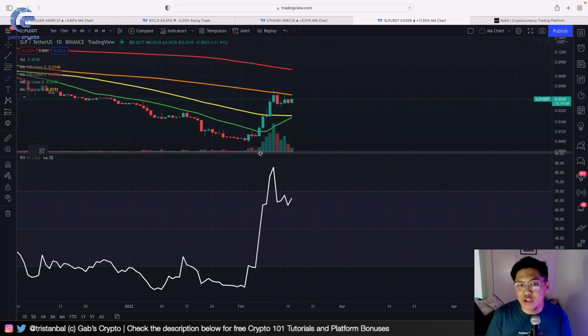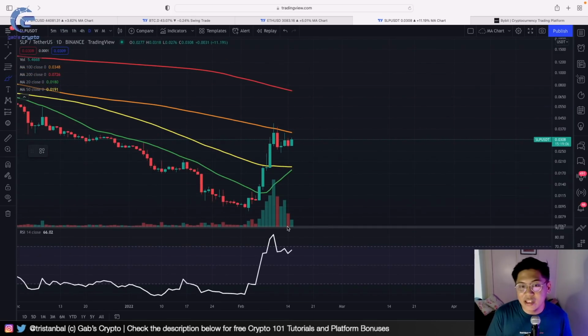Pero for the time being, if you're going to look at this in the daily, hindi siya good buy, hindi rin siya good sell. Let's say lalong nag-decline si RSI, then that could be a very bad sign na dito kay SLP. Pero take note, if you want to long or short SLP, one of the only places na you can do that